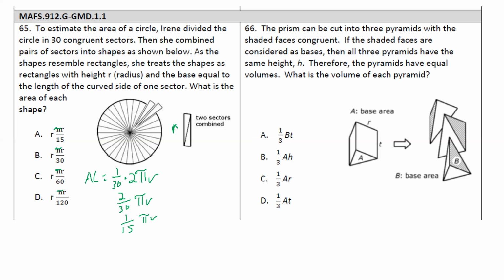So pi and r multiplied to the top there. So this is our other side. And again, for area of a rectangle, we're just multiplying base times height. So we have r times pi r over 15. Which on here, if you look at all of our answer choices,